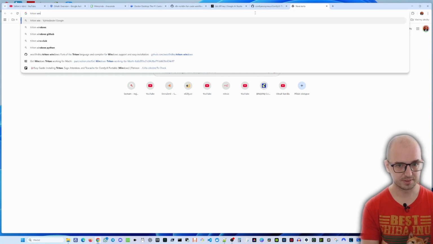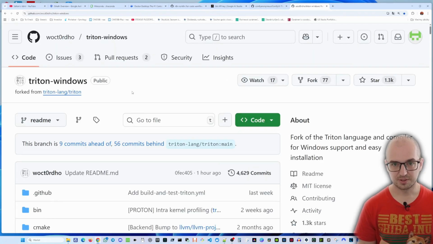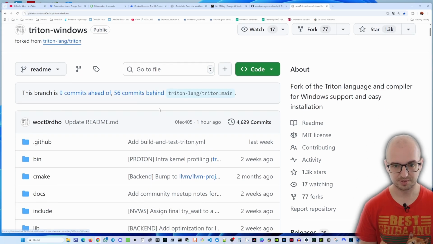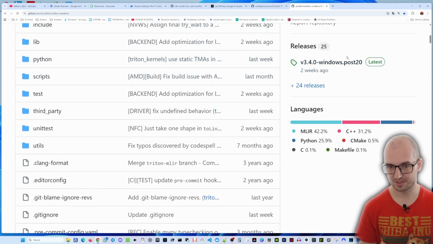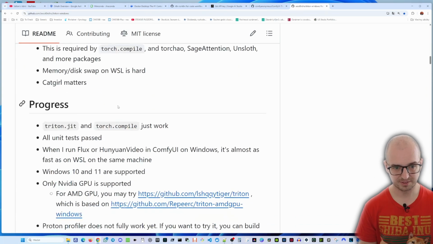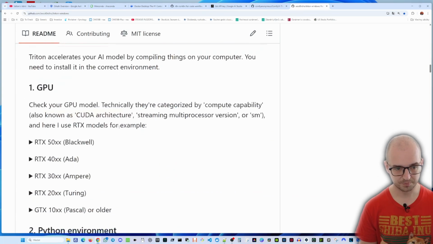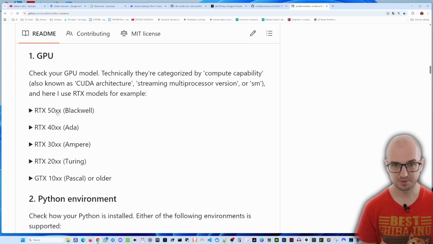So Triton Windows. You will find Triton Windows, which is a tool to compile code, which then executes on CUDA cores, which are computational cores inside NVIDIA GPUs. It will compile them so that the code execution is much faster. You can see that currently here is version 3.4, and inside the Triton page it is mentioned how to install it, and